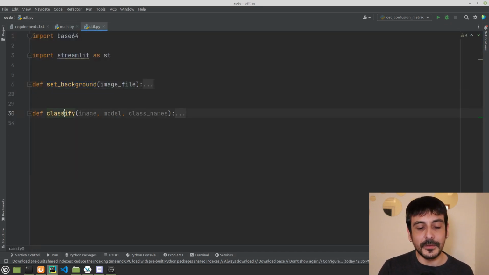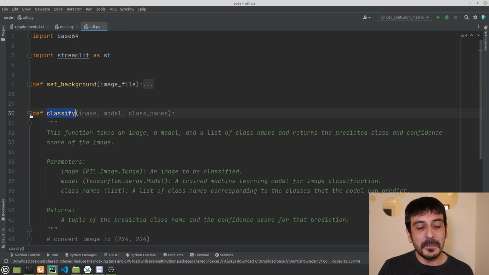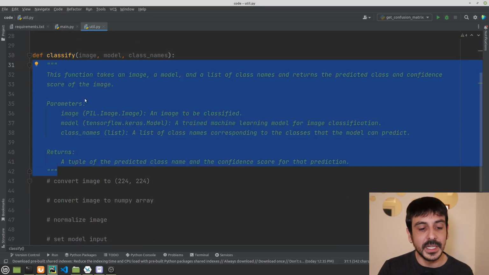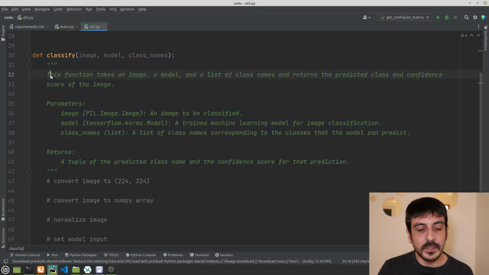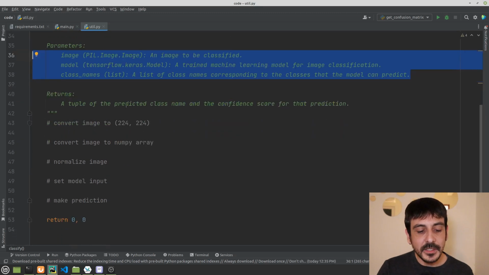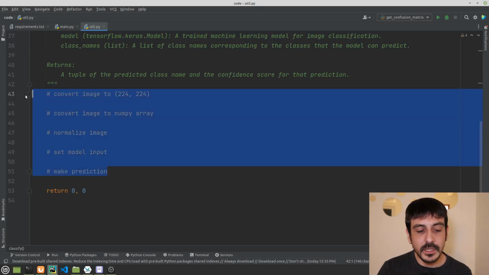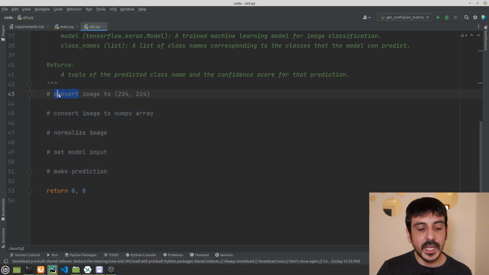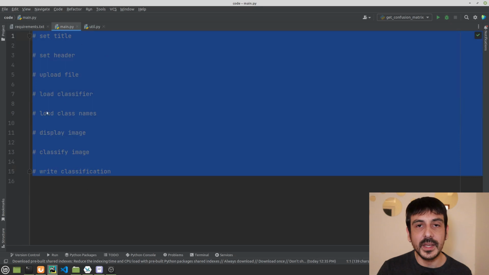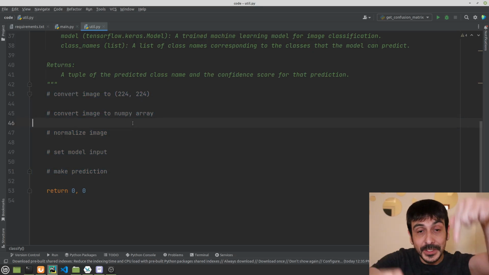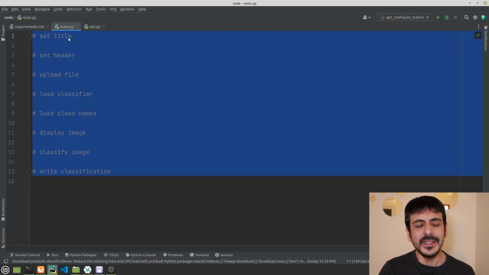Now let me show you this other function, which is classify, and this is a very important function. And you can see we have a very comprehensive description here in this docstring. You can see we have this function, exactly what it does, and we have all the description for all its parameters. But then if I scroll down, you can see that this function is completely and absolutely empty, right? The only thing we have are these inline comments, and this is also a sequence of steps, the same way we had over here. So the idea is that we are going to be coding this function together on this tutorial, but we are going to do it at the end of everything else.